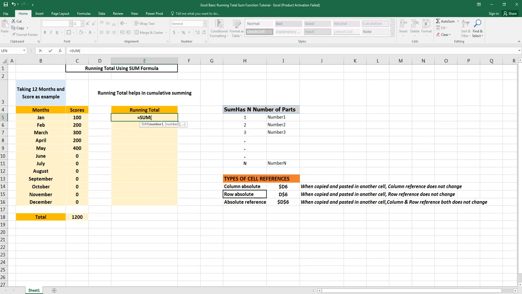Now we will be using the sum formula and we will be doing the running total sum. So here we will refer this cell and refer the same cell, and we will use the row absolute on one cell reference. Press F4 once, it is absolute reference, and this is the row absolute. Done. So the C5 is locked. And another C5 is free, so that when I drag it,